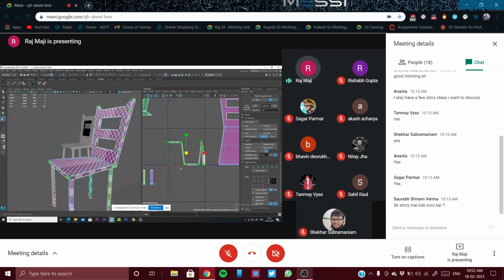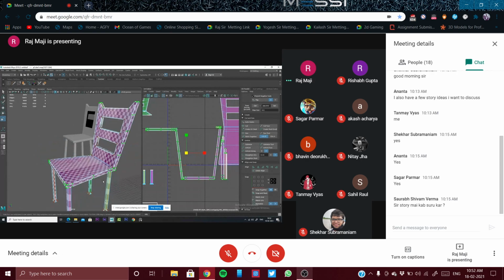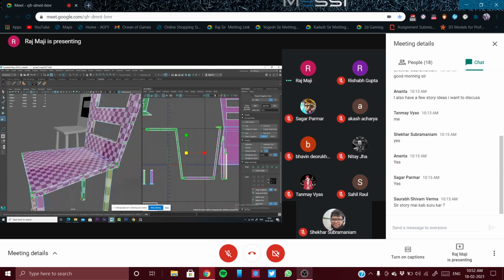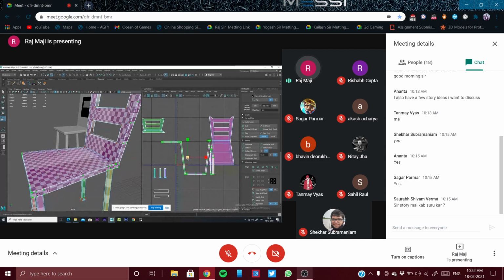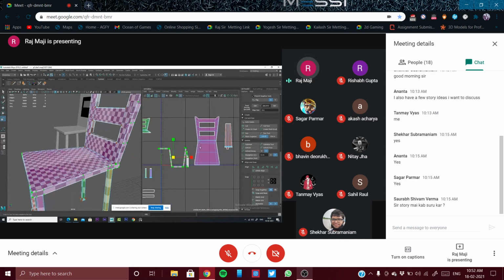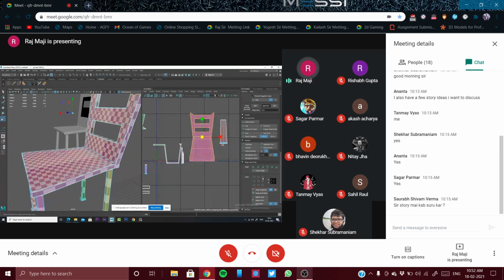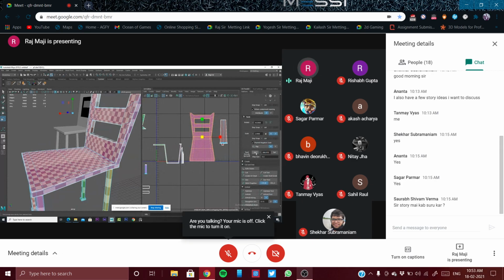And manually I'm scaling it up. Another way to do it basically: select this UV shell, select this UV shell, and get the texel density of it.